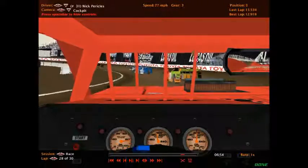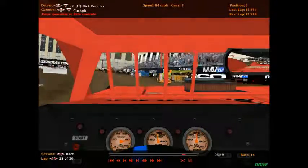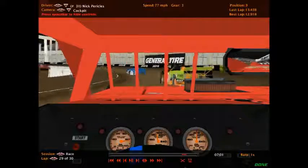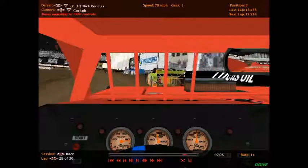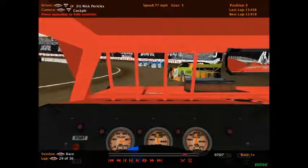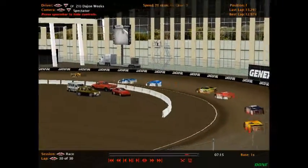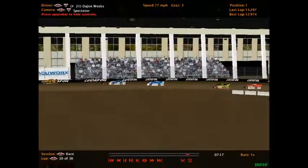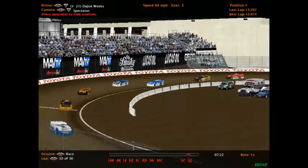The 31 has dropped all the way back to 3rd, and this is really not what Nick Pericles wanted to see. He wanted to be up at the front, he wanted to be leading, and he wanted to be winning this race. But it looks like DW Motorsports has other plans, as they want to see their driver succeed and win the points championship. Bob Schopke really not in the best of shape to win it, but Lucas Tran is. However, white flag is waved. 1 lap to go for the 21 of Dejon Weeks,